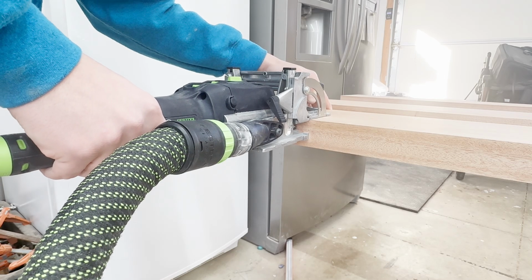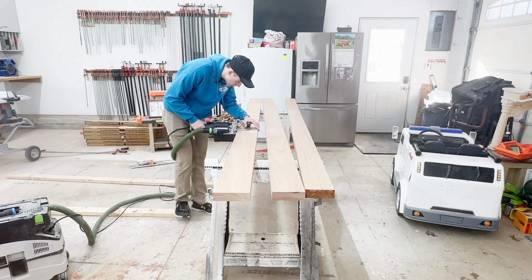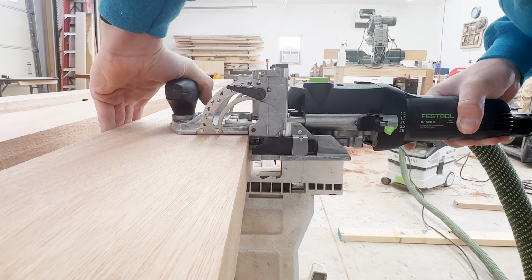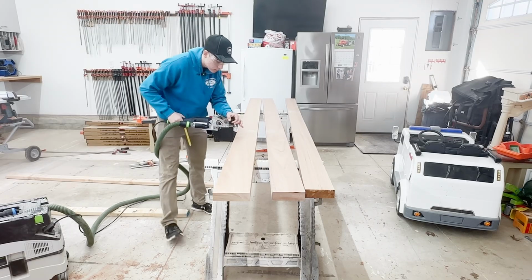Which brings us back to Tanner cutting dominoes into each piece of the bar and countertop. Having a domino joiner is a game changer. It is by far one of the best options when doing a panel glue up. It ensures that throughout 17 feet, your boards are perfectly aligned, especially when you use about 30 of them in